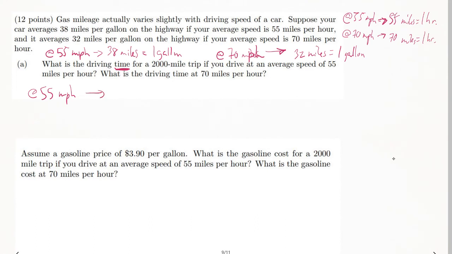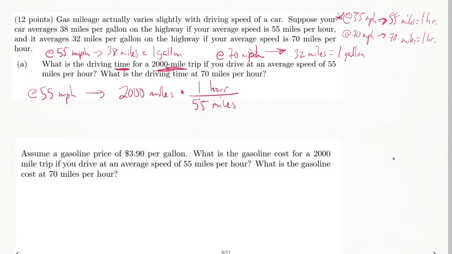So at 55 miles per hour, let's see what we start with. We have a 2,000 mile trip. So that's what we're starting with: 2,000 miles. And we want to turn that into time. So the thing that gives us time is right up what we just wrote. 55 miles per hour means 55 miles equals 1 hour. So we'll put the 55 miles down below. That'll cross off with the miles up above, and that should equal 1 hour, so we'll put the 1 hour